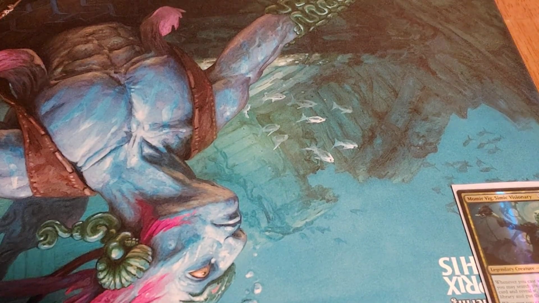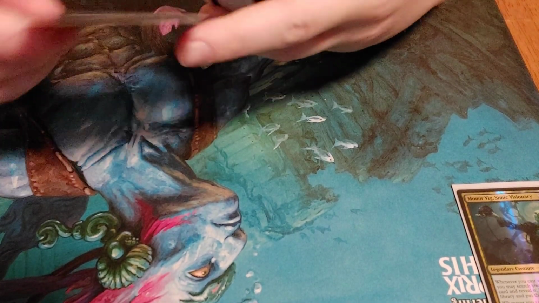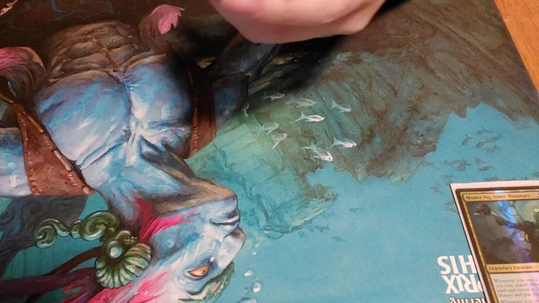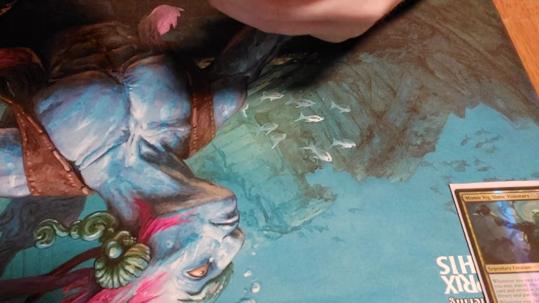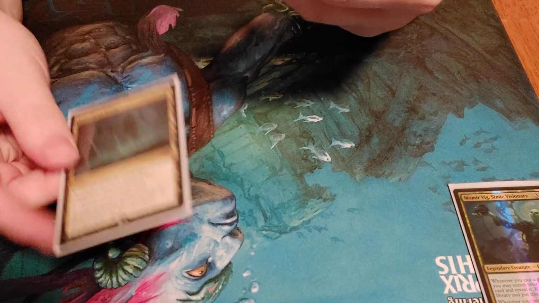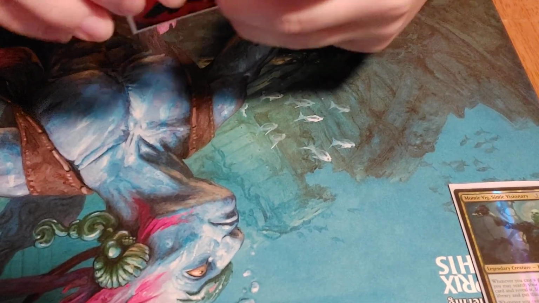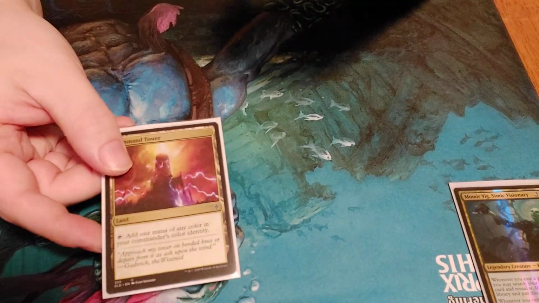And that's it for the spells. Ancient Tomb, Botanical Sanctum, Breeding Pool, Cavern, City of Brass, Command Tower,